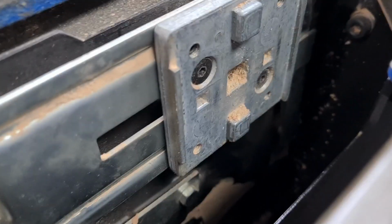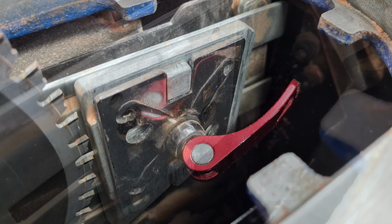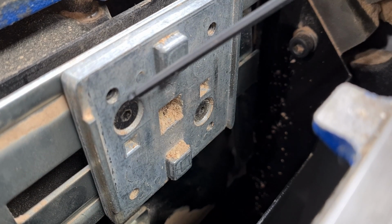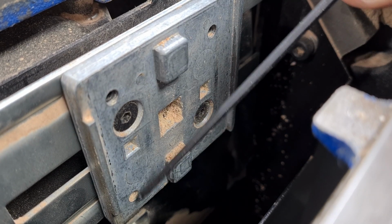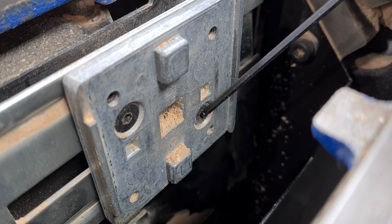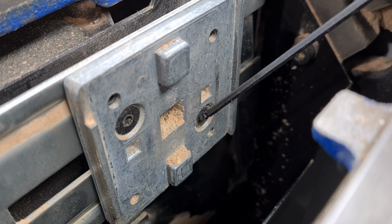I have taken the quick release plate off the mount point. Now down here you'll see there are 4 adjusting points, and these can be accessed with the cover plate on. This guy here and this guy here are basically, once you've done all your adjusting, that locks it all in